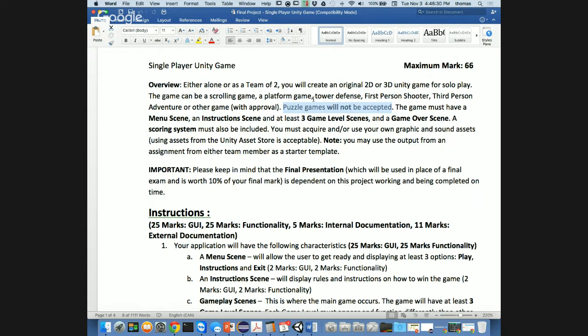Maybe I could have done another example assignment that was a puzzle game, like some kind of 3D puzzle game where you click on the UI and all that kind of stuff. No time for that. Okay, so the game must have a menu scene, an instruction scene, and at least 3 game level scenes. All right, so it has to have 3 game levels instead of 1 level that you've been doing so far. You're going to be working with a partner. This is going to be an extended time. You've got 4 weeks to do this thing. You need 3 game levels.